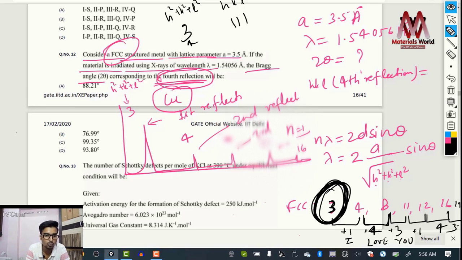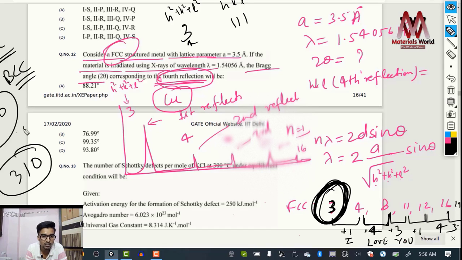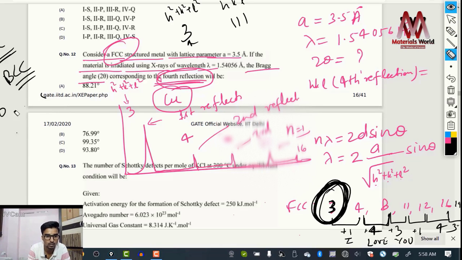Suppose I'm writing 220. So you can say whether this reflection can be found in FCC metal or can be found in BCC metal or not. If I write 310, by the extinction rule you can say whether this HKL plane or reflection can be found in FCC or BCC or not. There is one rule that is called the extinction rule. I am not going to that much depth. I'll upload a separate video for that. Just